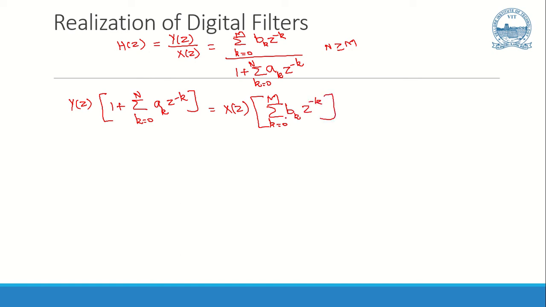Since this summation is with respect to k, I can take Y of z and X of z inside the summation. So I can write Y of z plus summation k equal to 0 to N Y of z a k z power minus k is equal to